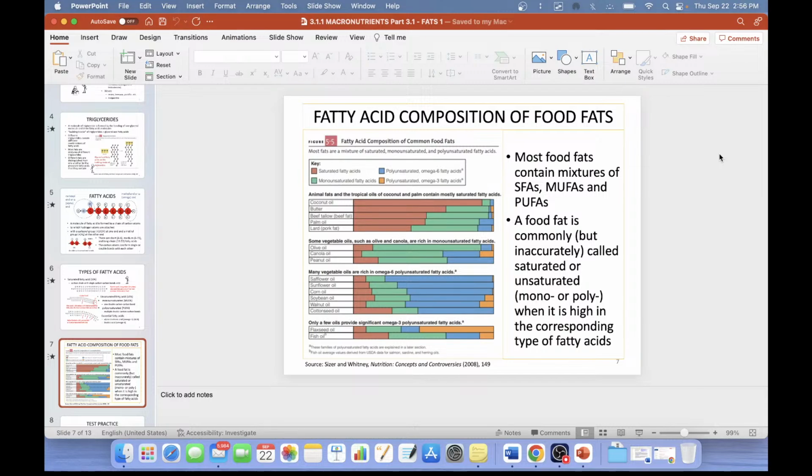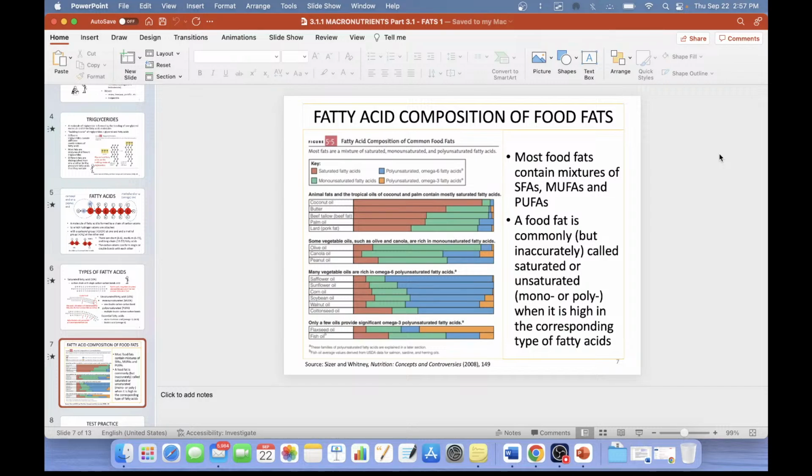The color code is that the rust, orangey brown color represents saturated fatty acid. The green represents monounsaturated fatty acids, blue represents polyunsaturated omega-6 fatty acids, and orange represents polyunsaturated omega-3 fatty acids. Okay? So if we look at the